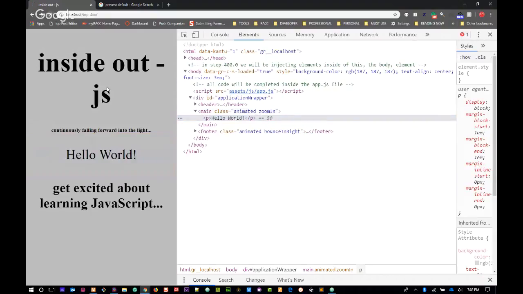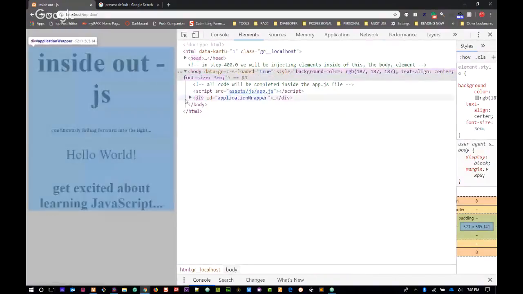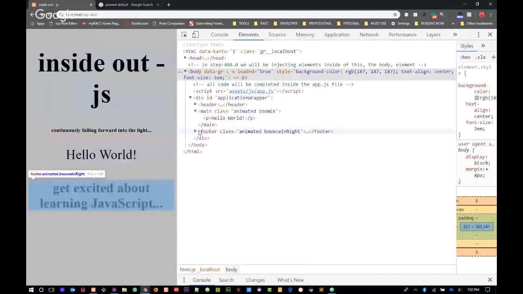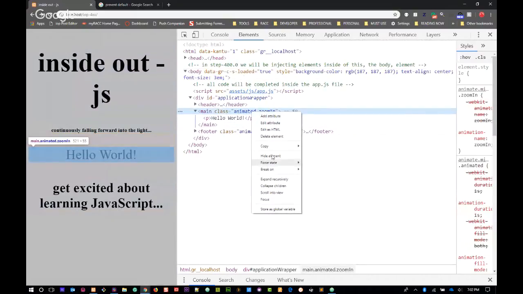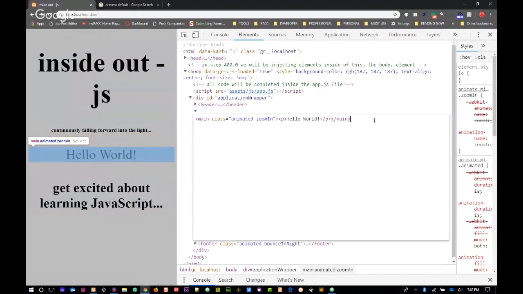I'm going to do a refresh. We don't have any page links. I didn't remember I added that page link in. So A href equals